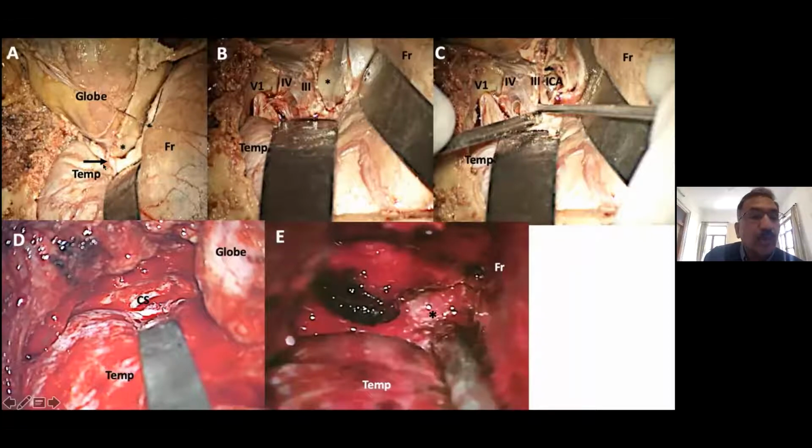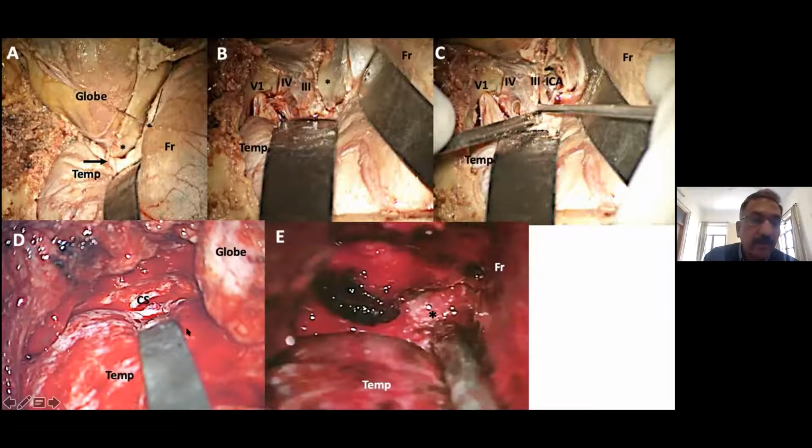So as soon as you cut the meningo-orbital band here, then the temporal lobe dura can easily be reflected off from the cavernous sinus dura, and you can see the branches of the third, fourth, and fifth nerve within its interfacial dural layer. So it's a very simple thing. Just cut off the meningo-orbital band and then reflect the temporal dura downwards. And when you are dissecting the temporal dura from the cavernous sinus dura sharply, you see the anterior clinoid process,